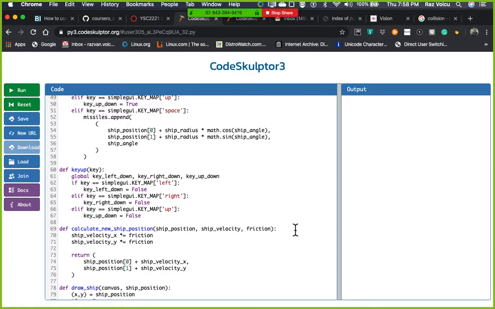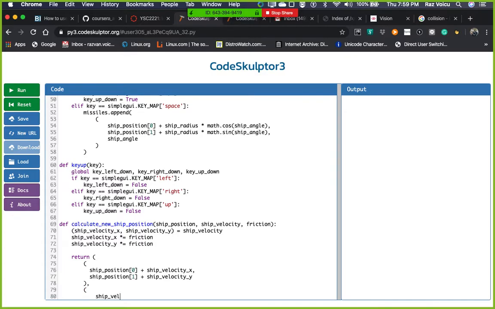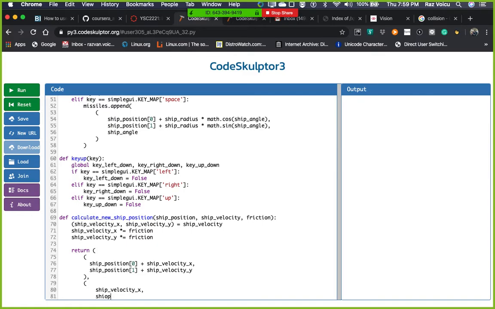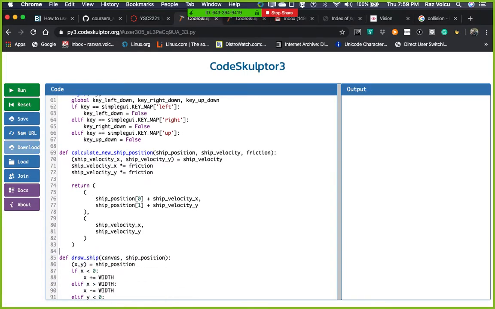So we're going to say x equals, and we're going to make this into a pair, is assigned ship velocity, and then we're going to return something more complicated, which is the ship position and the ship x, y, let's align this properly. And then when we calculate the new ship position,